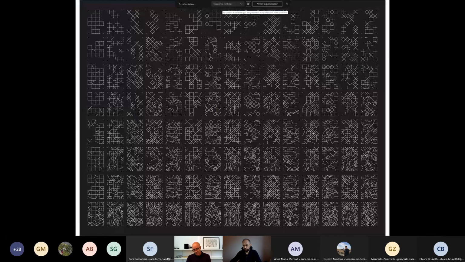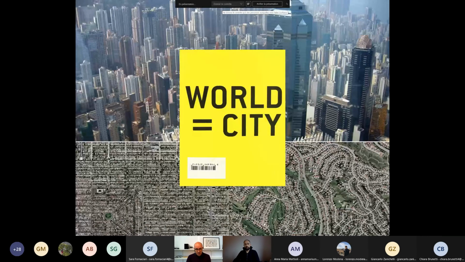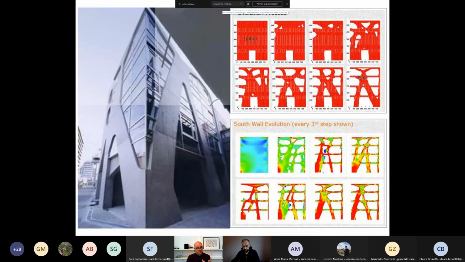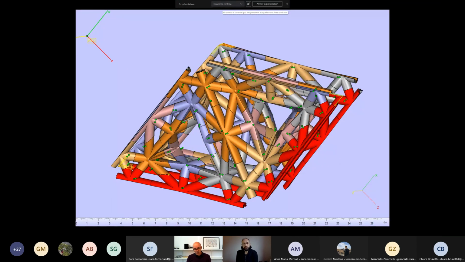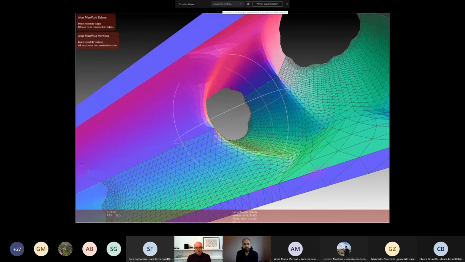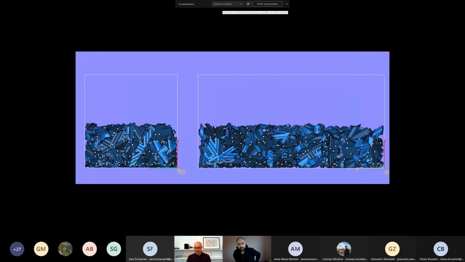So we worked on that, and eventually I had to ask myself new questions about the consumption of materials in the world, about the full potential of new design methods. For example, this is a project done by Japanese architects in Tokyo. But the problem is that here you see very advanced design methods, but when it comes to construction, it's still a very classical and traditional way of building. So I wanted to contribute by focusing more on three-dimensional lightweight lattices.